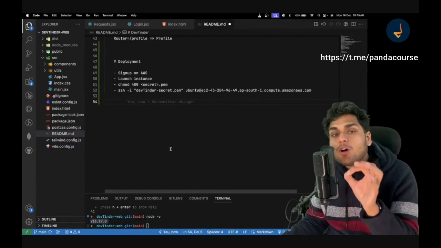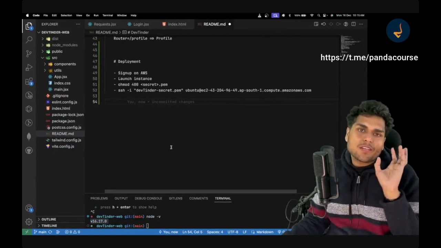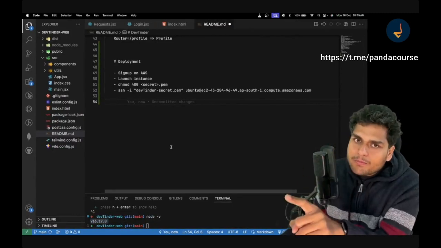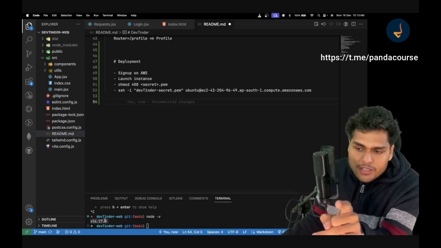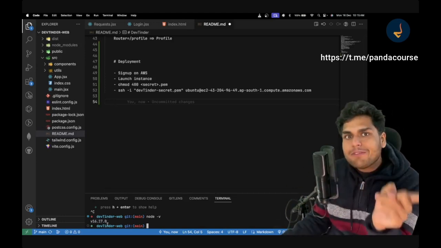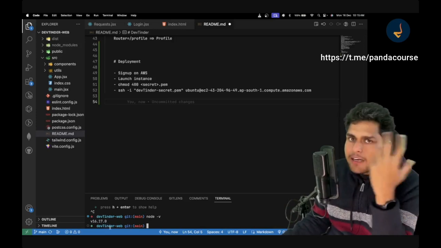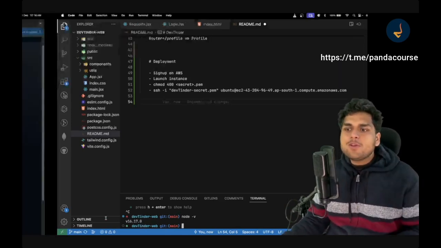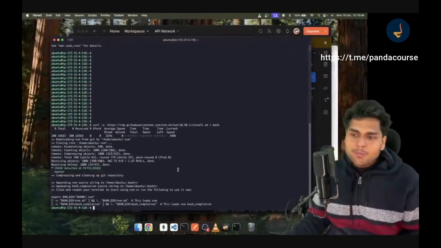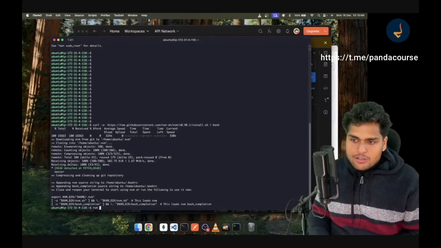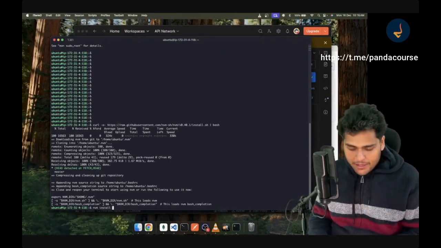I will install the same version. So first check in your system which version you are running. Install the same version. If you install a different version, it might throw some random errors. Then you will keep debugging. So please install the same version. How do you install? Do nvm install and then the version name. You can give it